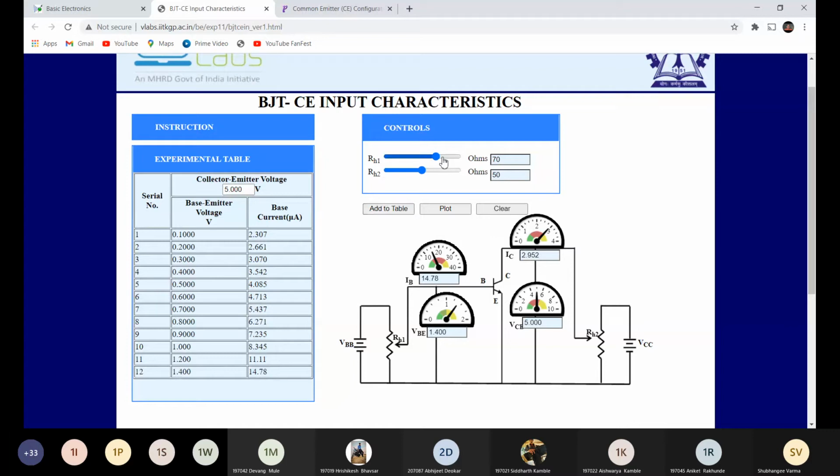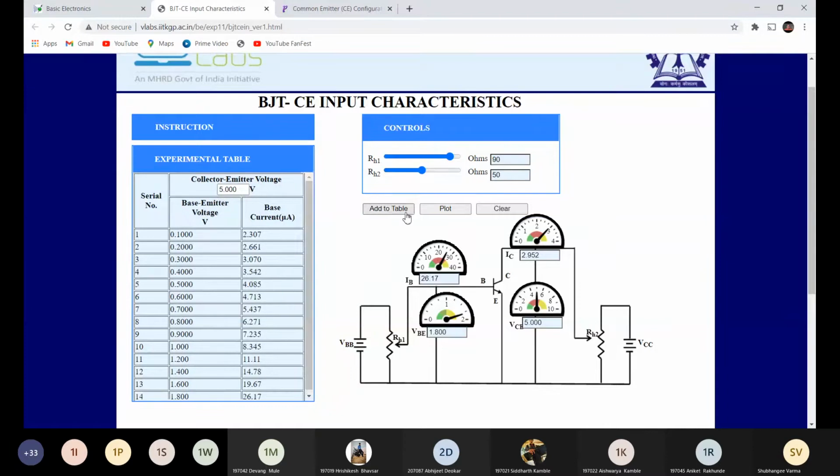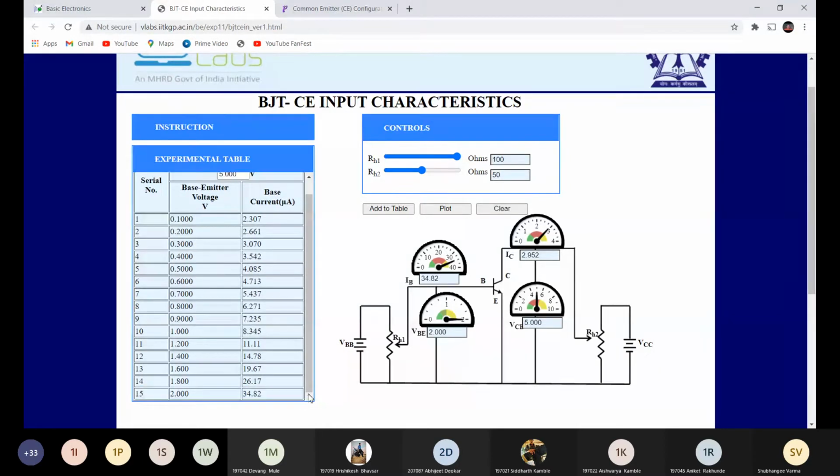Okay, 1.6, 1.8 and then 2 volt. So these are the readings for VCE 5 volt. We have kept the VCE constant at 5 volt and we have performed the input characteristic, and now we are going to plot it. So if you have seen, this is the characteristic for